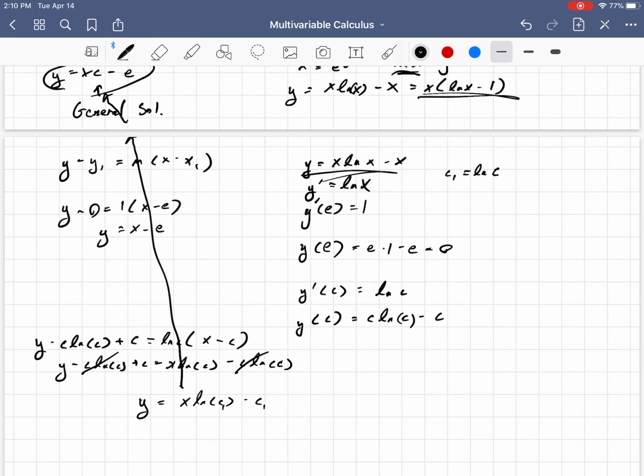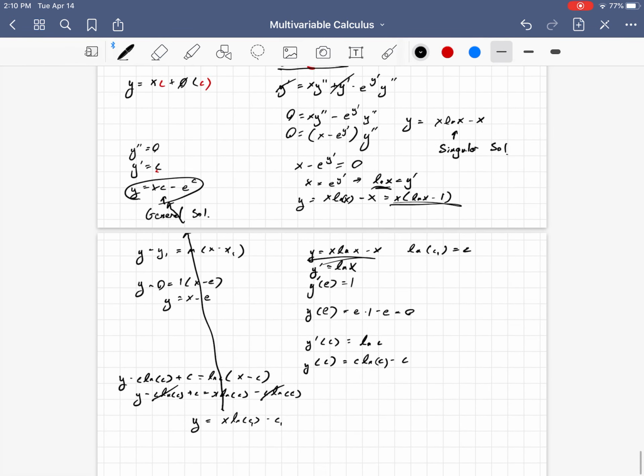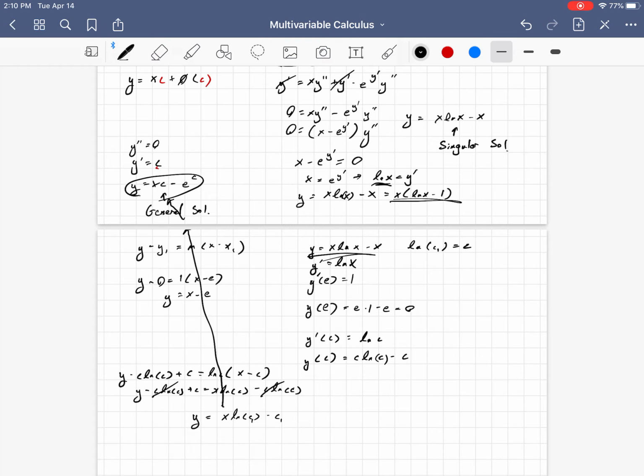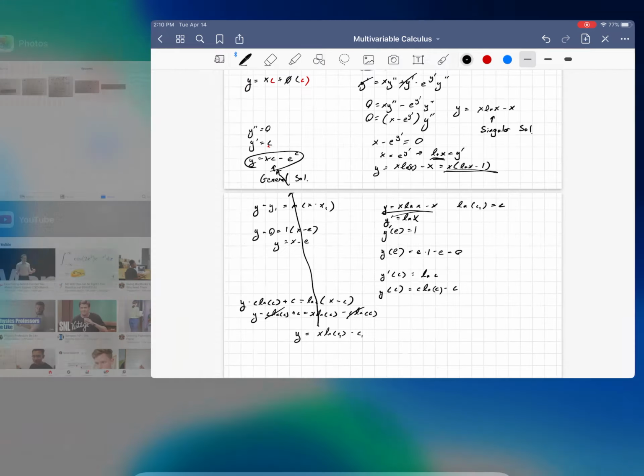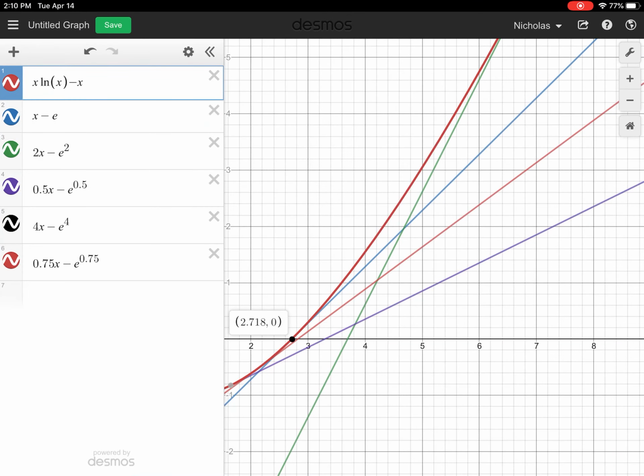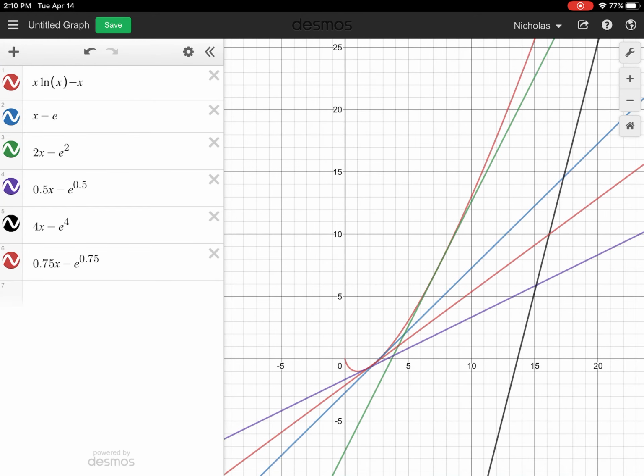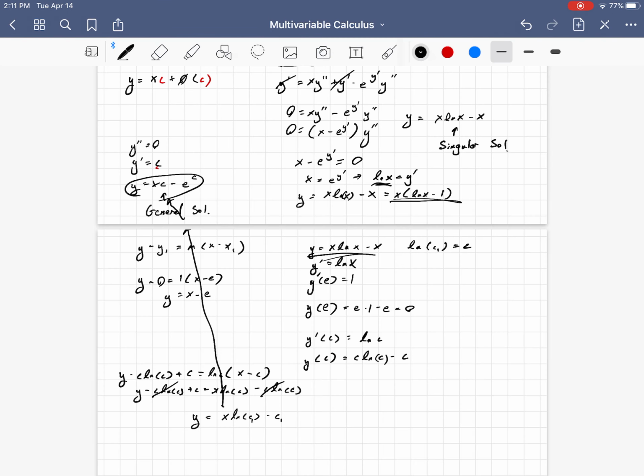And all we've done to go from the general solution to the particular solution is we've said, well, let's let the natural log of c sub 1 be equal to c, or in other words, e to the c is c sub 1. So those do match up with each other, and that would show that at least for this differential equation,